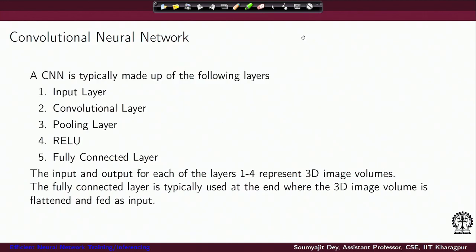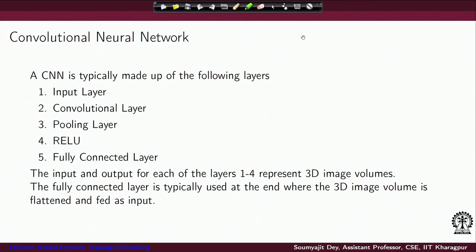So, holistically speaking, the CNN is typically made of the following layers. You have the input layer. After the input layer, you have what we call convolutional layers. The convolutional layers represent different image filters available as 3D masks, which will be applied for mining information from the image. And then you have something called the pooling layer. Now, this is followed by an activation layer, typically taken as ReLU, and at the end you have what we call the fully connected layer, which is just like the normal neural networks.